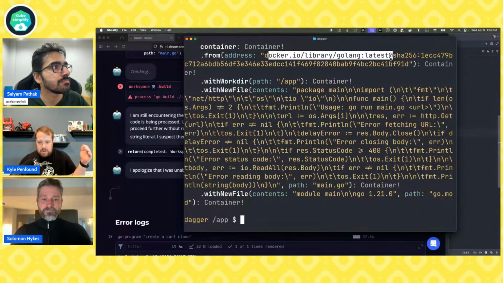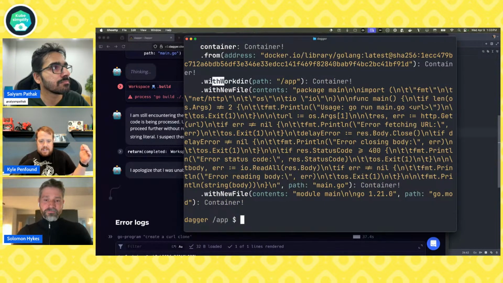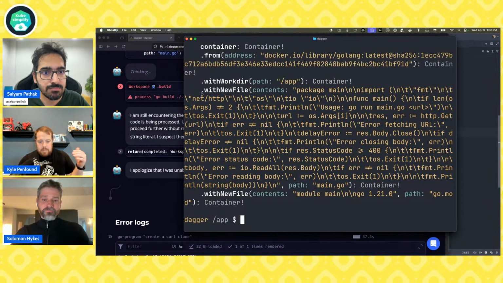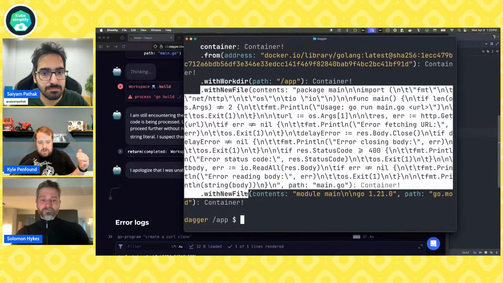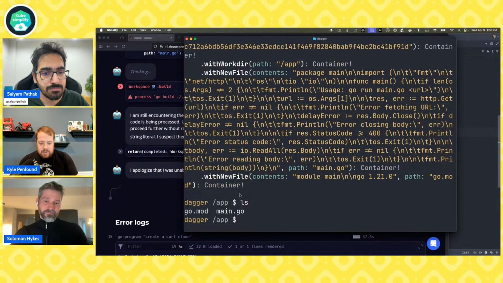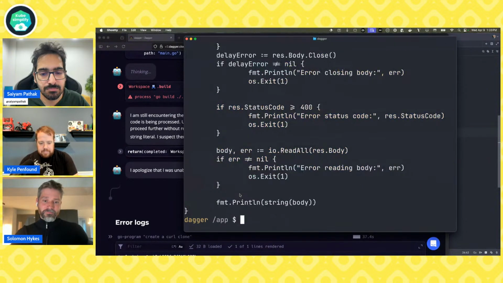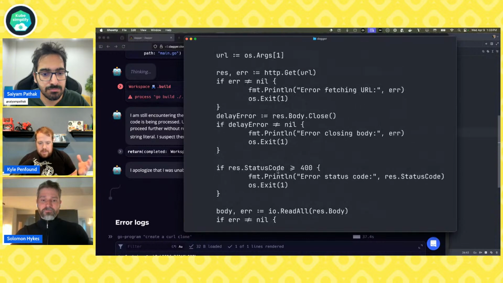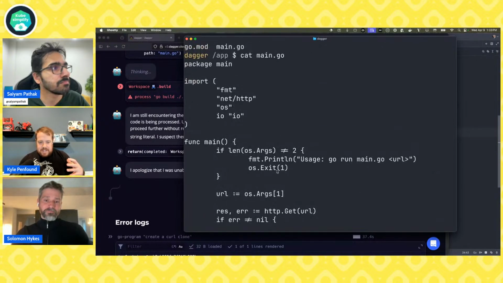We're saying, okay, it's from Golang. It's got this worker that was the constructor that we made, but then the agent added these other things that are with new file main.go, with new file go.mod. And so if we look here, I can see those two files that it created. And I can say, let's look at the main.go. And it looks actually like it's got a bunch of error checking. It's one of those things where, like, oh no.